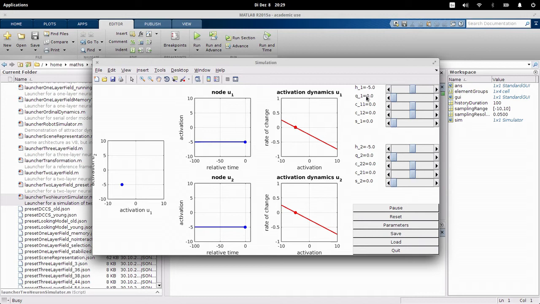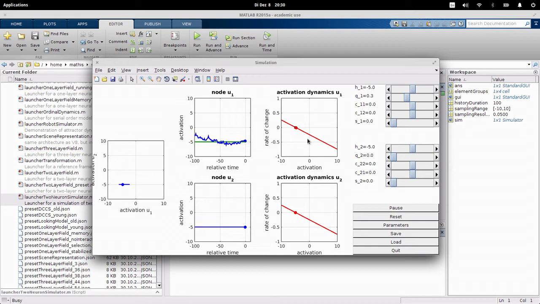The second one is the noise variance. So Q is currently at 0. This is why it doesn't have any noise. If I add something here, you can see that it starts wobbling around a little bit. Now this is heavy noise. You can see that it's really noisy, but it's always oscillating around this resting level that we set before. It's always coming back sort of to -5, and this